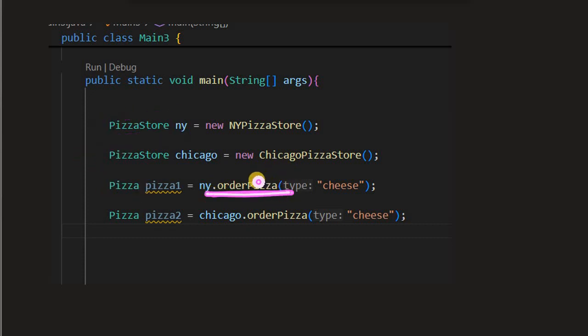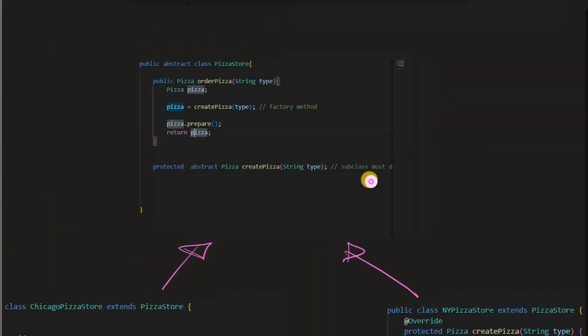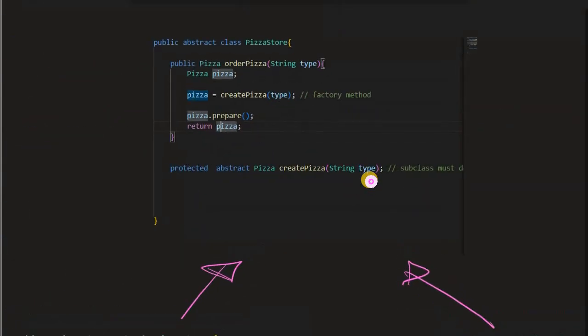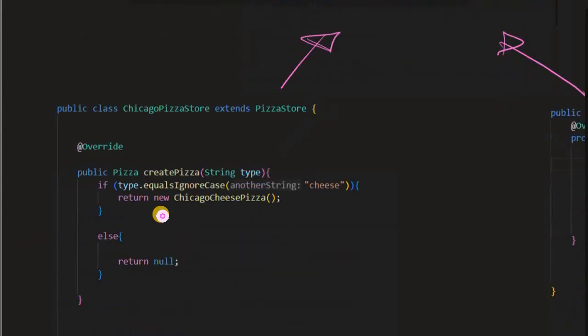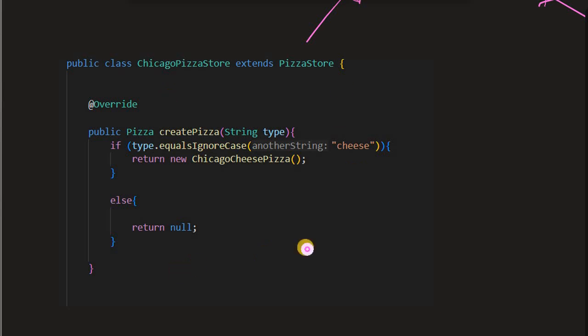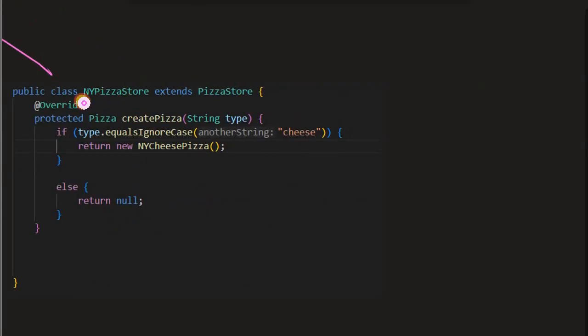So this order pizza method is going to call that create method, but since it's the New York pizza store, the New York pizza store method is going to be called. So you see here when we call the order pizza method, this create pizza method is going to be called, and since we're using polymorphism and we're letting the subclasses decide, and it was the New York pizza store, this create pizza method is going to be called, and we passed in cheese, so then we'll have an object of the New